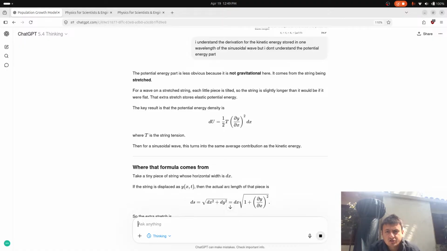For a wave on a stretched string, each little piece is tilted, so the string is slightly longer than it would be if it were flat. Oh, so maybe it is actually dx. It might actually be dx for the mass density, the linear mass density. I'd have to think about that, but I think it actually is all good. So the key